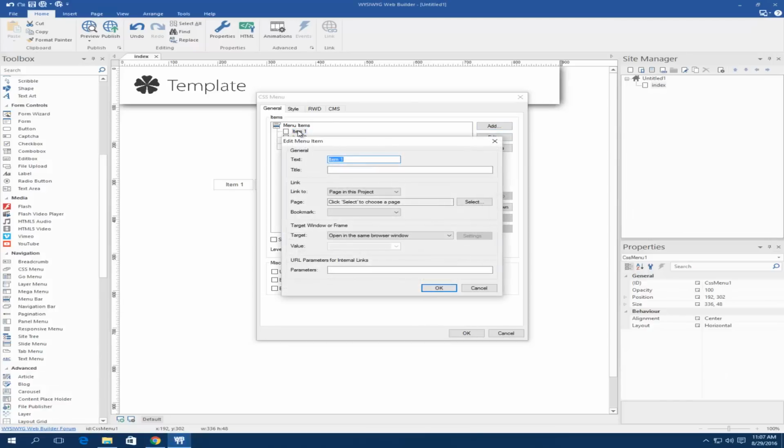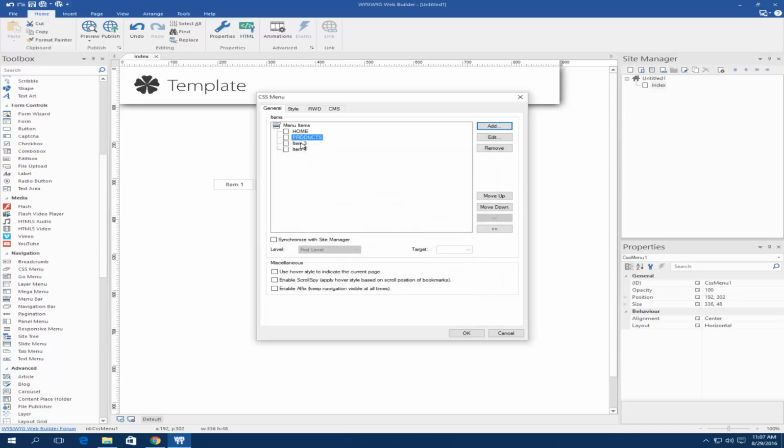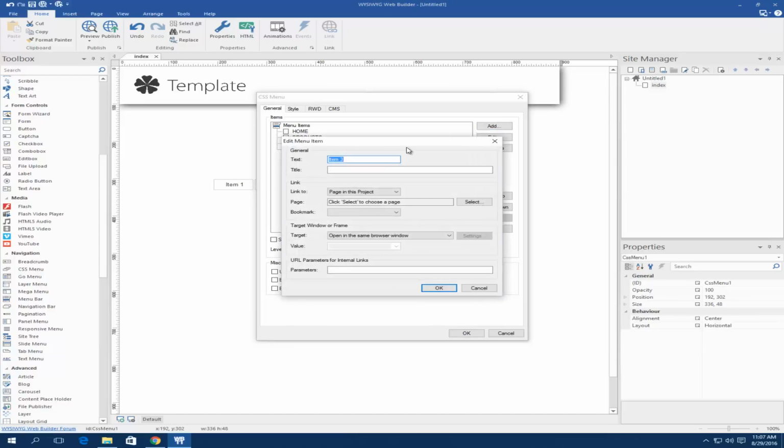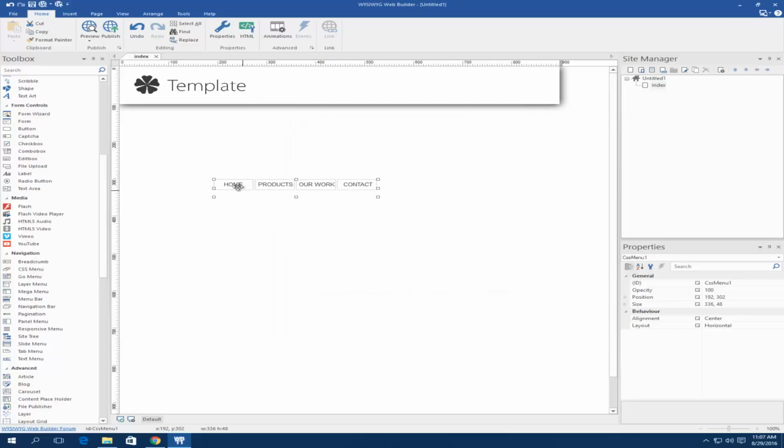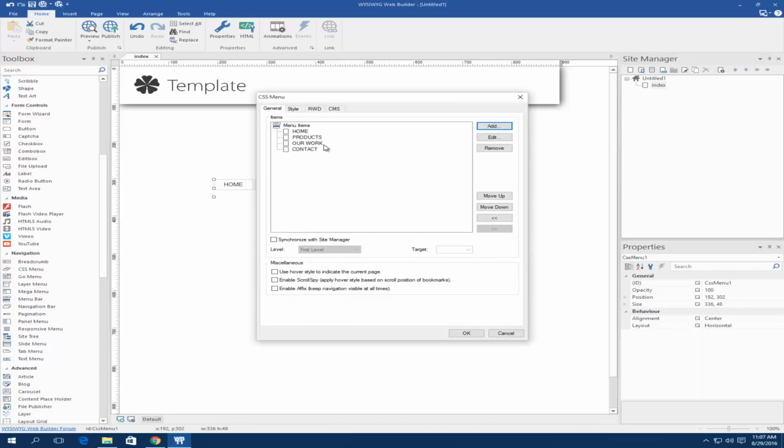So home, products, our work, and contact. So these are the pages, and now we create. So if I click OK, you can see that the pages appeared, but I need to double click on it